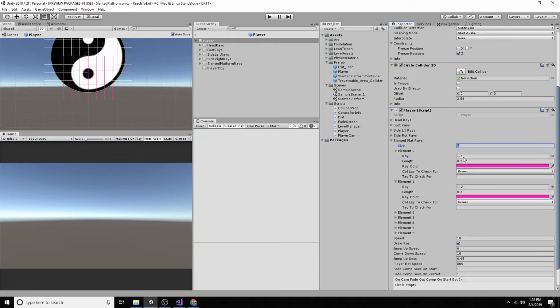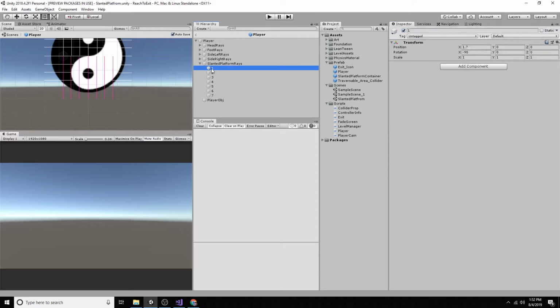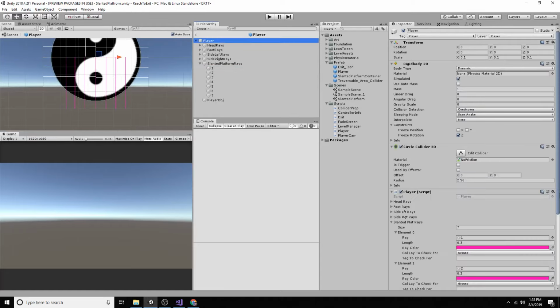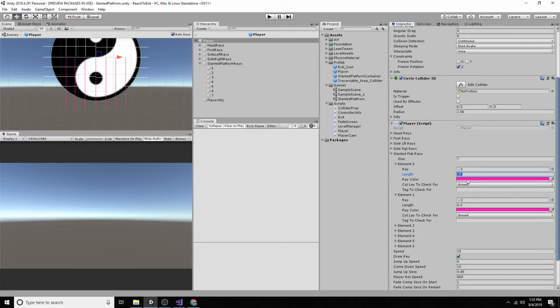For the first element I am giving the ray object, its forward vector is pointing in this direction, and its ray length is 0.3, and the color is this, because I want to make sure that these rays' color is different compared to the normal rays,